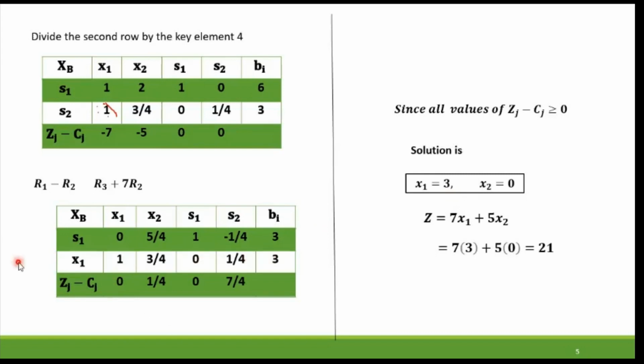Actually, the answer is S1 equal to 3, but we don't want the value of S1. We want the values of only X1 and X2. इसलिए हम लोग S1 S2 यहाँ पे लिखते नहीं है, जो हमको क्वेश्चन में दिया था वही वेरिएबल्स के हम लोग वैल्यूज लिखते हैं। अगर यहाँ पे वेरिएबल नहीं आ रहा है तो it is the value equal to 0।